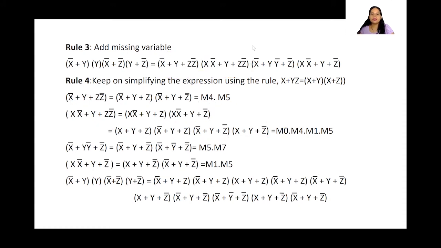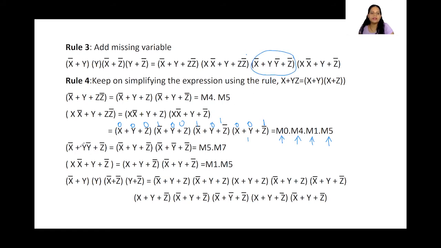Fine. Next, what happens now? Here, without the complemented variable, it is nothing but 0 0 0. This becomes 1 0 0. This becomes 1 0 1. This is nothing but 0 0 1. Now 0 0 0 is nothing but m0, 1 0 0 is nothing but m4, 1 0 1 is nothing but m5, and 0 0 1 is nothing but m1. So what we are doing is taking each term, breaking it down, simplifying it and writing it in the shorthand form.